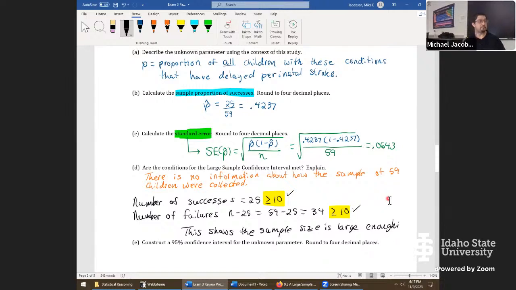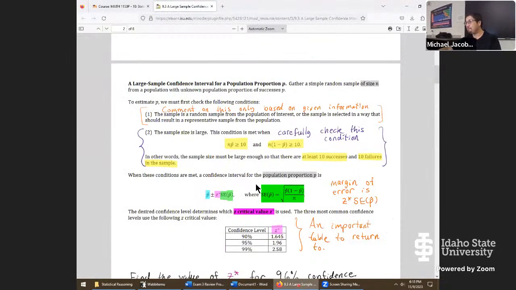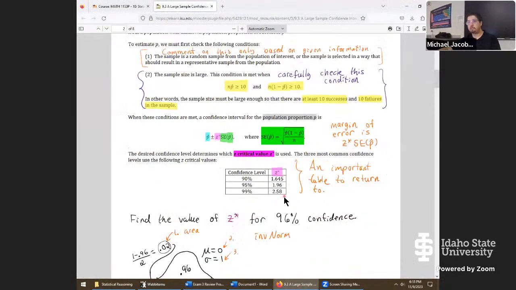Kind of a bit random, but will we be finding the Z confidence at all in the test? Finding stuff like 96. Oh, yeah. It turns out the test is only going to involve the 90%, 95%, and then the 99%. I'm glad you mentioned that. And that means if you have this table either memorized, that'd be impressive, or just on your page of notes for the exam, you'll be in great shape.